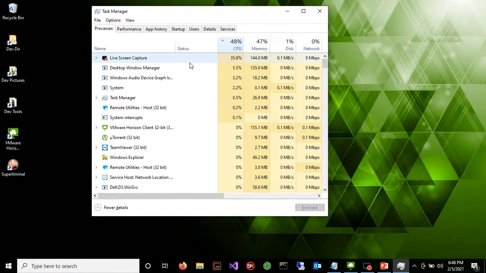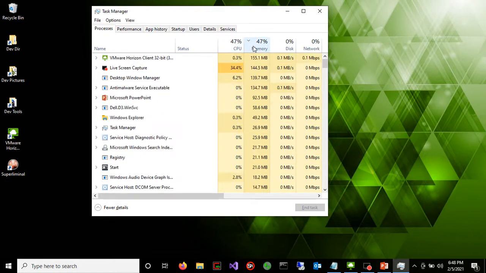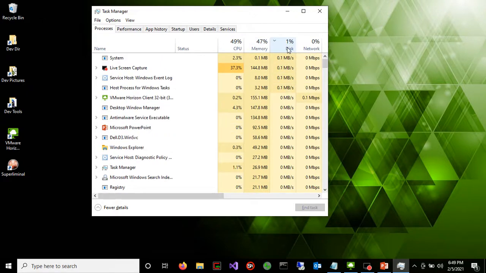Of course, I could see my live captures taking the most CPU. That's to be expected, but if you subtract that 35%, we're looking at about 10% CPU usage. I am running VMware currently in the background, and I can see that that's taken up quite a bit of my memory, along with the live screen capture. I've got some desktop things and some anti-malware, so of course half my memory has been used, and I have